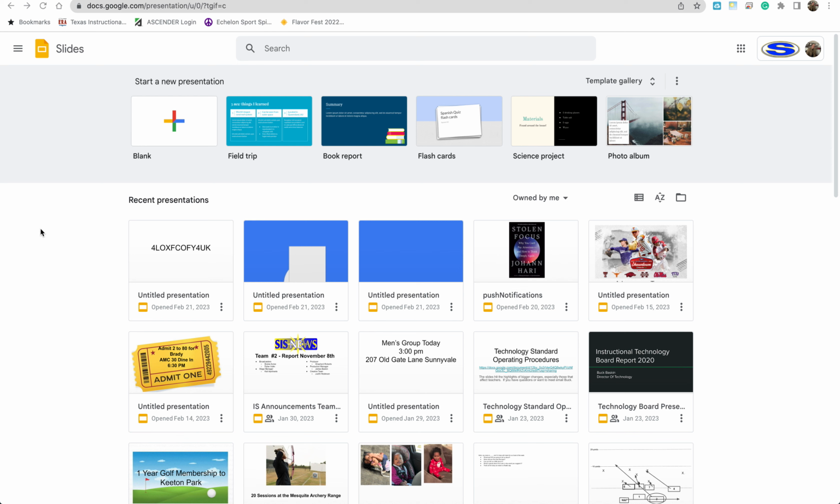So Google Slides is a tool we're all familiar with. You've probably used it for presentations yourself or to have your kids do presentations, but I want to show you another cool feature of Google Slides that you can utilize in your classroom. And what this kind of solves is if you need to have your kids design things, flyers, brochures, newsletters, and